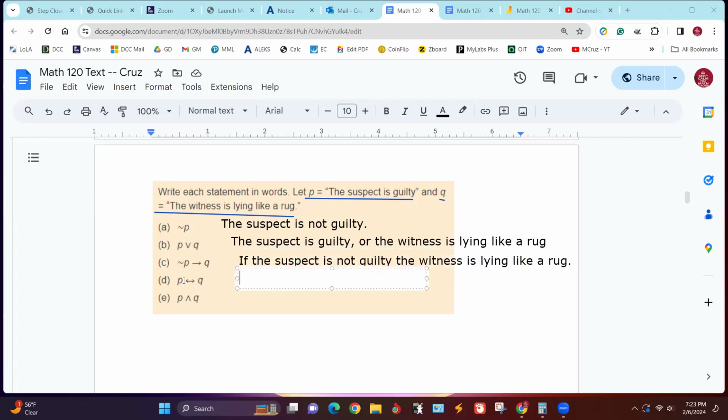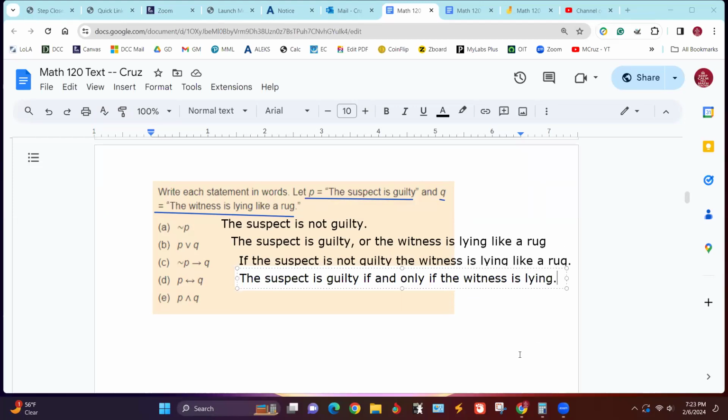So this is the if and only if. So we're just stringing together P and Q with if and only if in the middle. This is P. I'm just going to stop it there because it's going to run off.